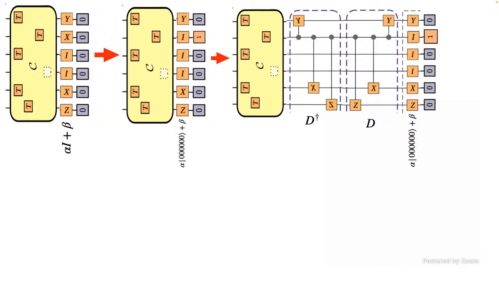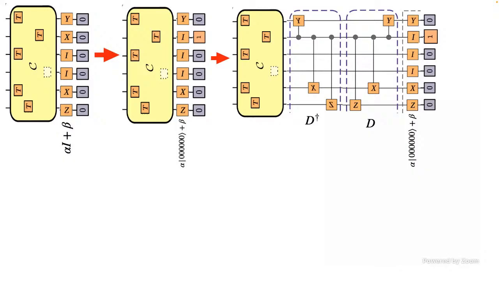And when an X hits a 0, an X is just a NOT gate, turns a 0 into a 1. Okay? So I have alpha 0, 0, 0, 0, 0, right? Identity didn't do anything to that state, plus beta times this thing. On the beta branch, I have a 1 here. Instead of an X, I've just changed it to the identity because I already dealt with the X. And then I have some other things. I have Y and X and Z. And when these hit my state, it's just going to make a mess of my state.